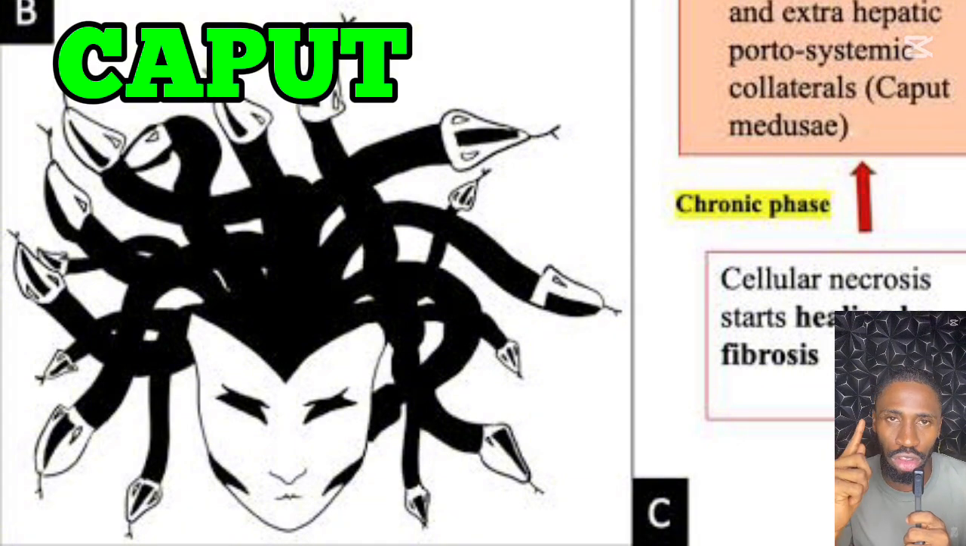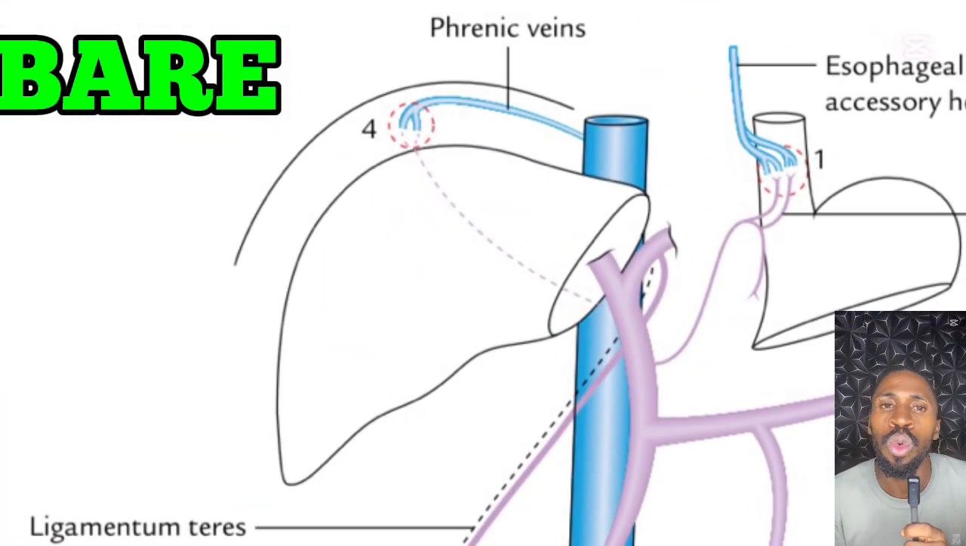So we have gut, we have butt, we have caput. The next one is bare. The next one is what? Bare. Now what is bare? The bare areas of the liver. Now in the bare areas of the liver, you have a porto-caval anastomosis there, when the inferior